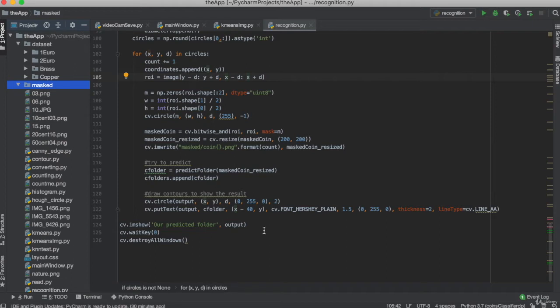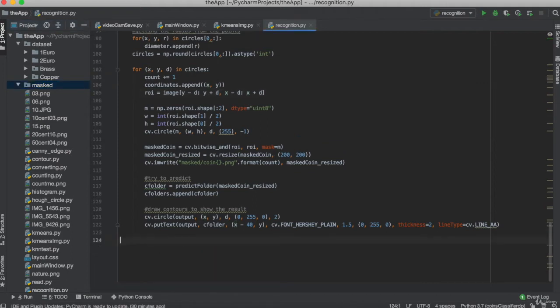I'm not saying that this is the only way to do that, but I will show you how to continue with this. So I will delete this line because we don't want to see that this is a brass or something like that. We want to detect the coins and tell that this is 5 cents, this is 10 cents, this is 2 cents. So to do that,